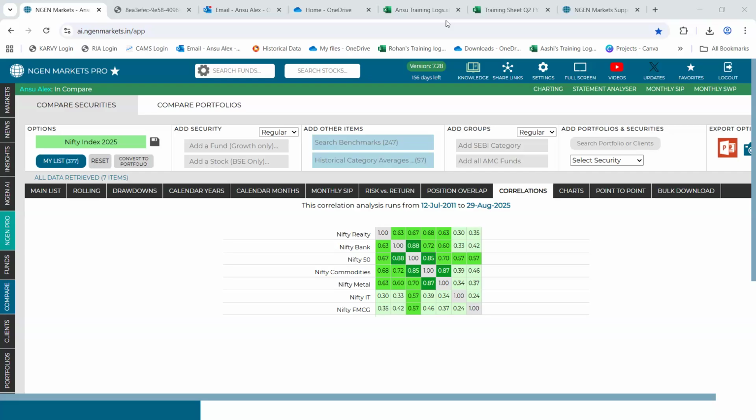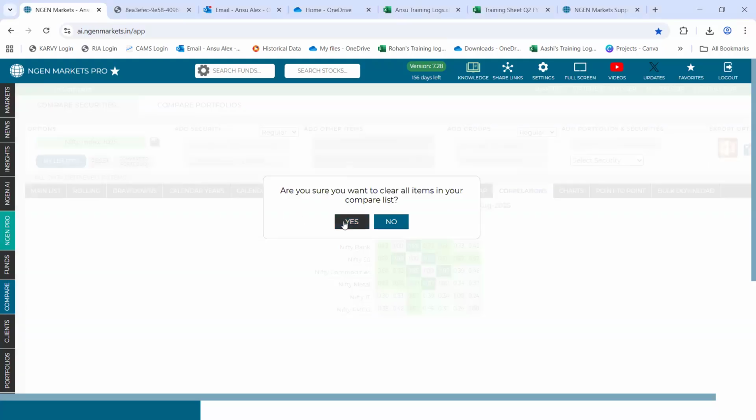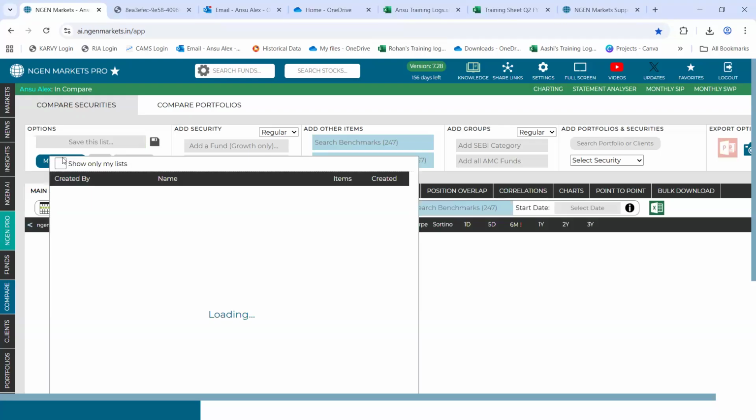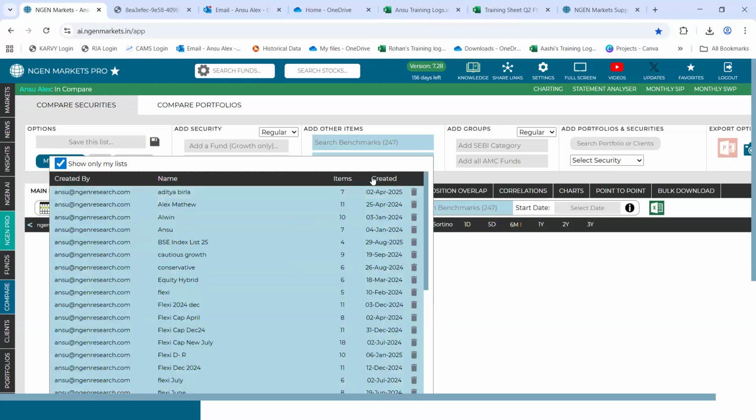But the question is related to the correlation itself. So maybe if you can show it right now, that would be helpful. Yes, you can go ahead then. Maybe instead of having the benchmarks, maybe we can have different funds, maybe two portfolios, and then we can see the correlation and how we can use that. Yes, sure. So the reading will anytime be the same as I did for the benchmarks.